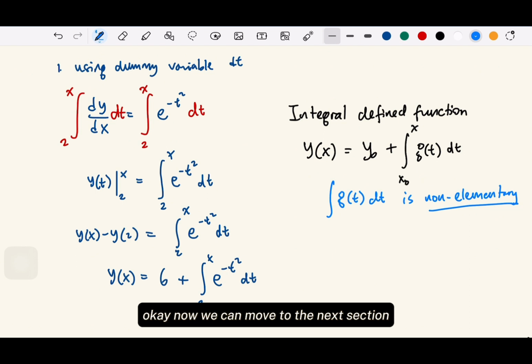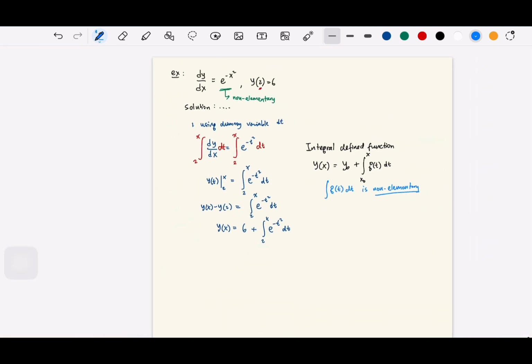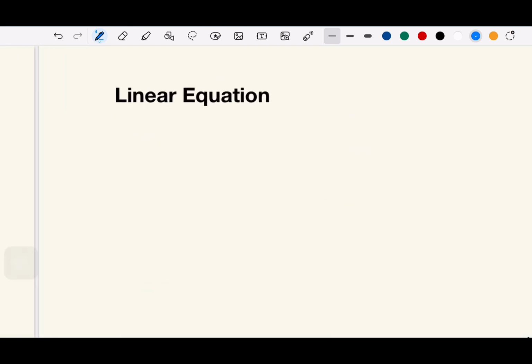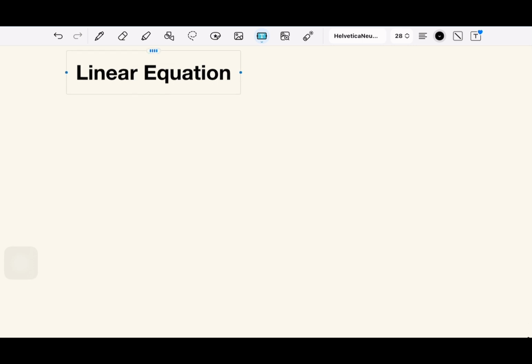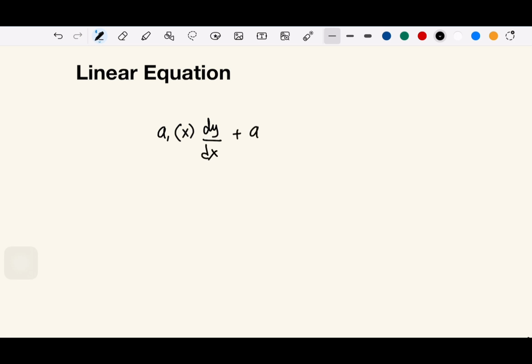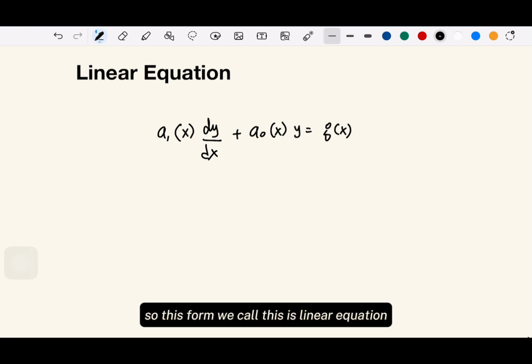Okay, now we can move to the next section, which is what we call the linear equations. So let me write the form first. So let me write a1(x) dy/dx plus... so this form, we call this a linear equation